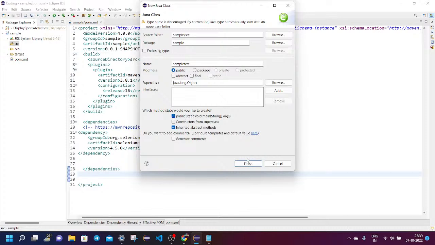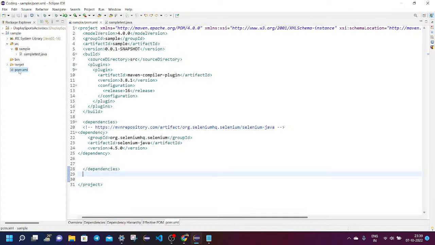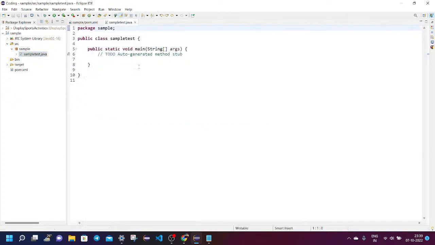The pom.xml, I think, is done. So to perform the Selenium process, the basic steps of how we can automate, we need to add the Selenium driver. So for that here